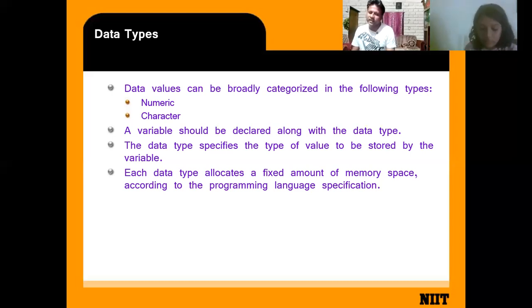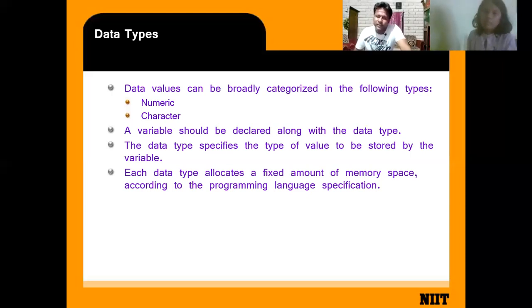Here, the data types we are using are of two types. One is numeric, another is character. Numeric stores only the integer value, the numeric value. Character stores the numeric as well as the character. See that in numeric we store the number. In character also we store the number and letter. If character stores the number, then what is the use of numeric?